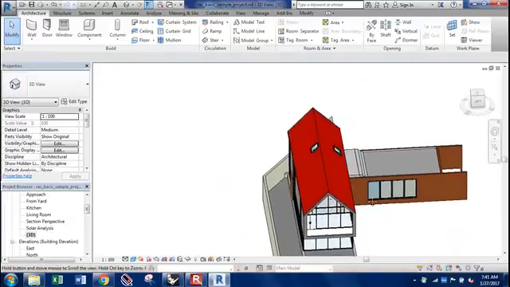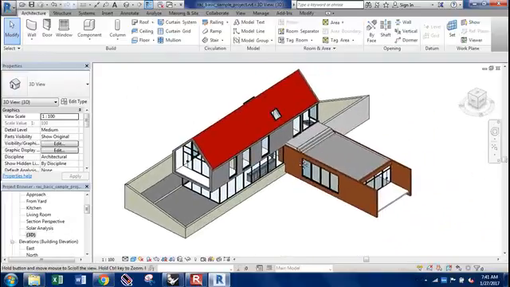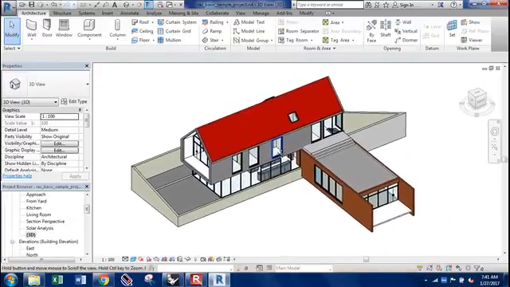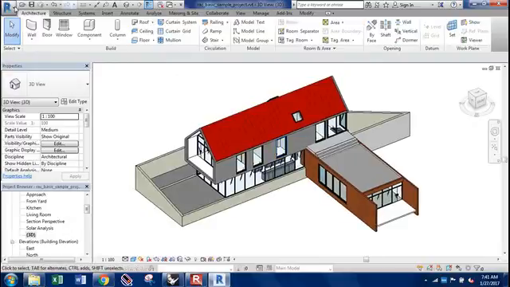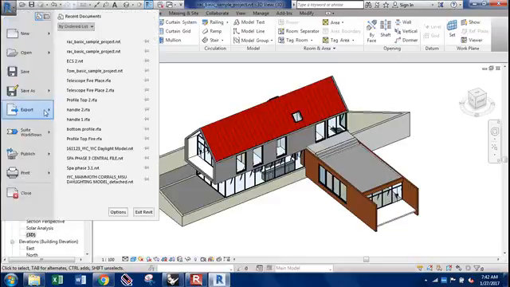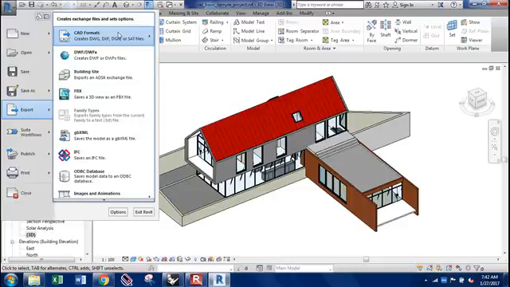Hide those elements. There we go. So anything that's hidden in this view will not be exported into Rhino. So to export, go up to the top left, go to the drop-down menu here to export, then CAD formats, DWG,